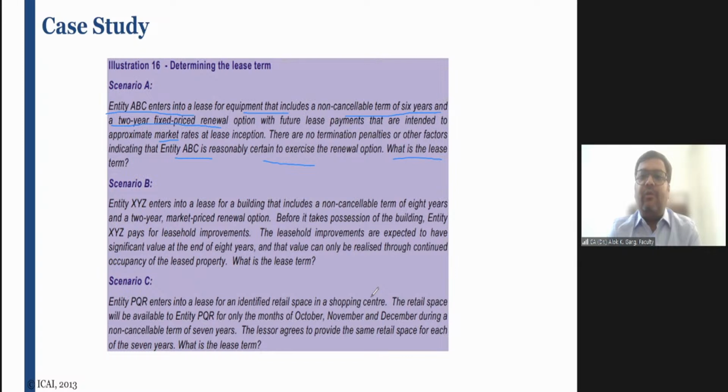तो अगर मार्केट रेंटल ही होगा और कोई टर्मिनेशन पेनल्टी नहीं है तो लेसी अगर चाहे तो दूसरे प्रीमाइसेस में भी मूव कर सकता है ना. But had it been given that the lessee has incurred a huge leasehold improvement, or agar ye likha hota the lessee has entered into an agreement with the government, right, or lessee has an obligation to stay in this premises for the next 4 years also, let's say in the renewal period also, in that case we have to take this renewal period because there is a reasonable certainty that he will exercise that option,